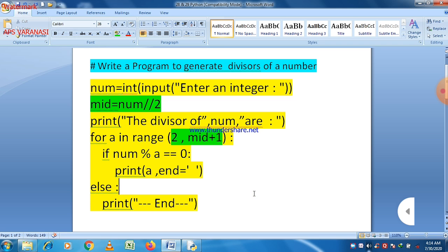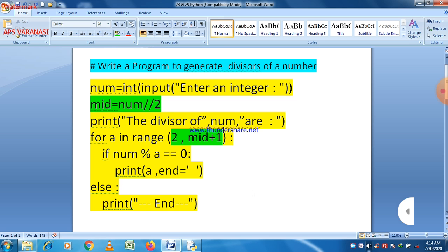And we want to print the different divisors in a single line, that's why we use the end keyword here. Basically, with end we give a value within single or double quotes, so we just give a space, so all values are separated by a simple space. And at last, when the loop finishes, there is a print statement waiting for us, which says end, so it means the end of the program. So that is the logic behind this.